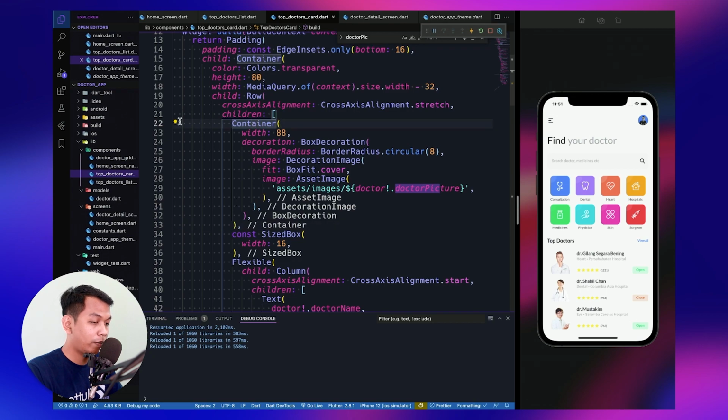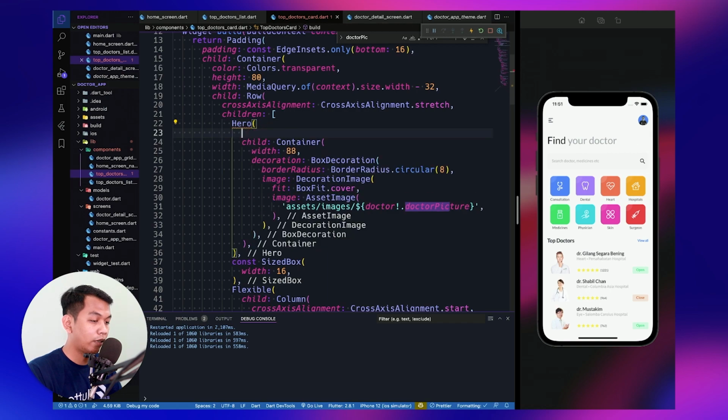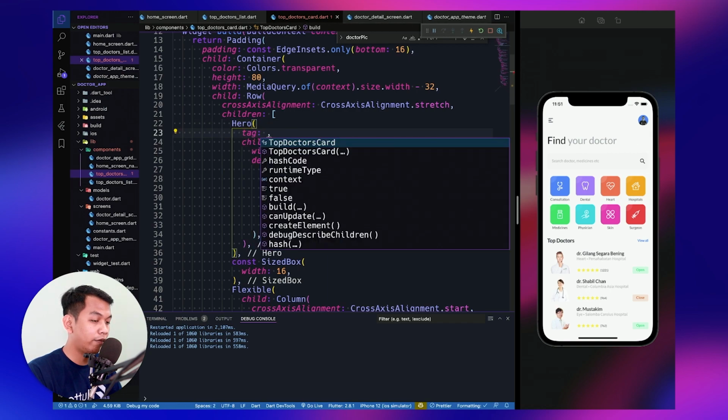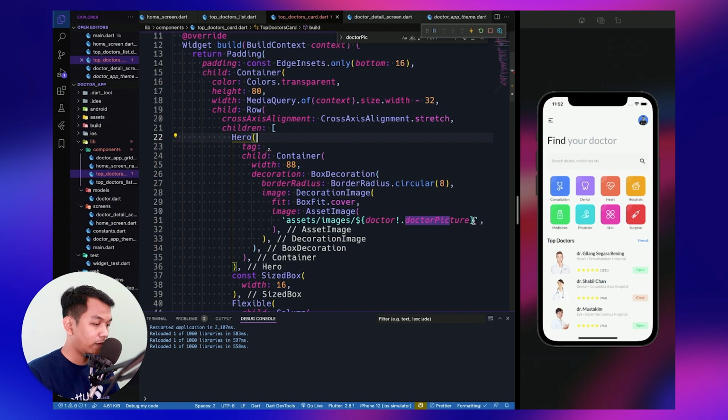So we wrap our container using a hero widget, and hero widget must have a tag property. This tag property must be a unique value and must not be null. So we go to our doctor card, and we can copy from this, paste here.